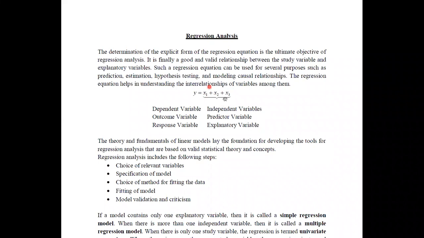According to the change of the value of x, the value of y will automatically change. Therefore, we cannot actually control the y variable. We can only control the x variables. If you vary the values of the x variables, it will automatically change the value of the y variable. That is why we call them the independent variables, and this the dependent variable, because y depends on the values of x.